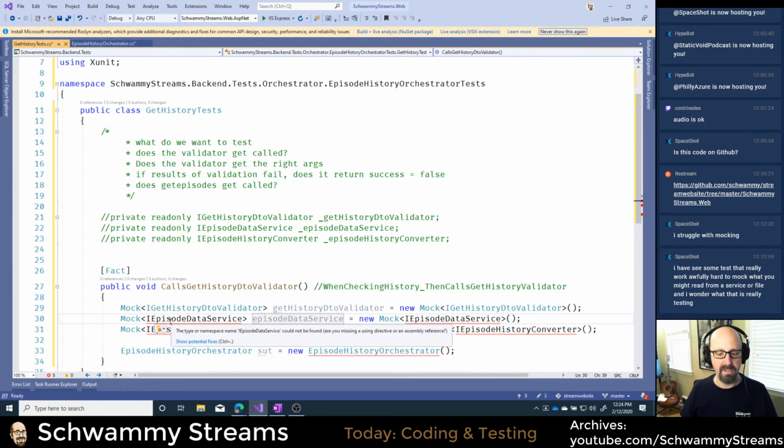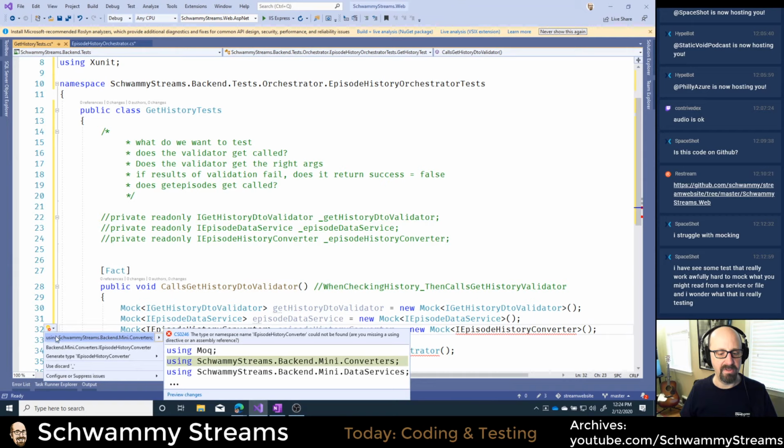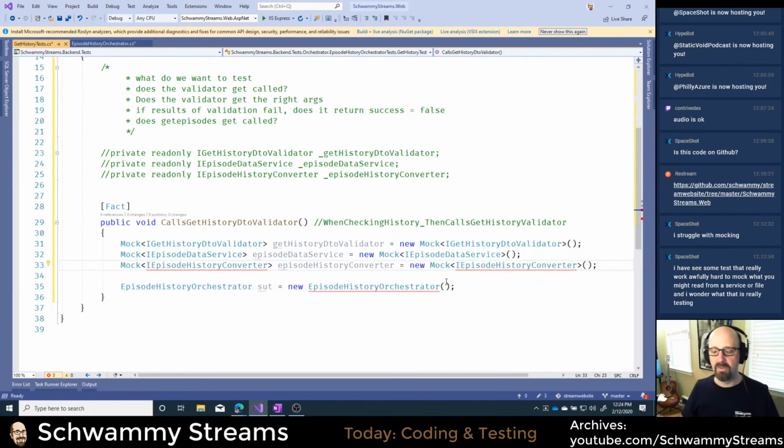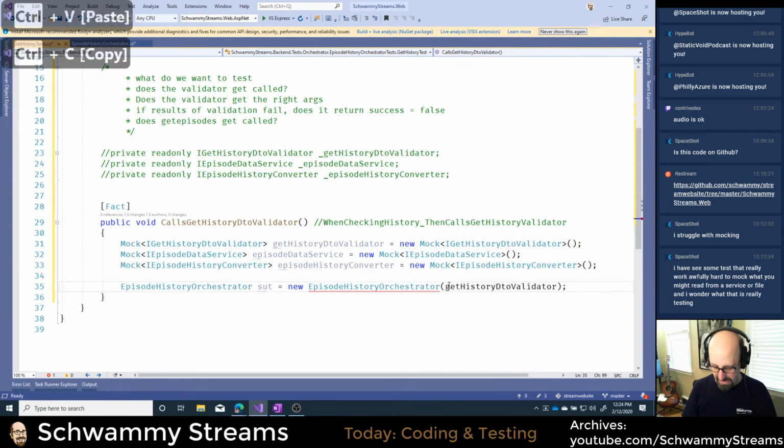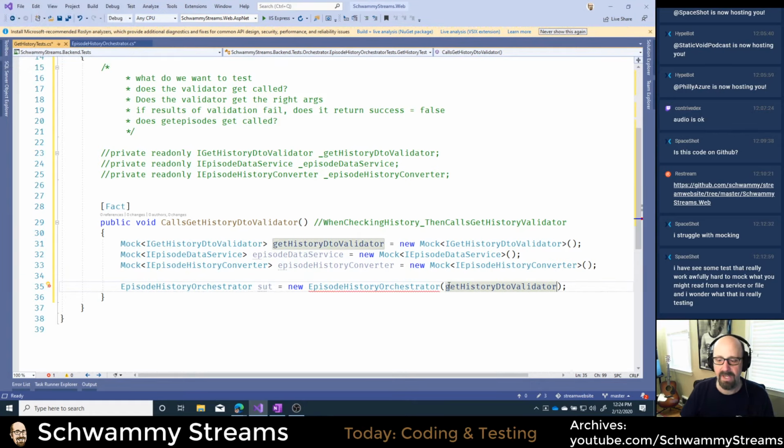So this is just the setup part. You need to have these things in order to create the orchestrator, right? I can't test the orchestrator if I don't have its dependencies. So I'm going to pass these in. Now, different frameworks work differently. The way the Moq framework works is that if I try to pass in just that, it knows that's a mock.